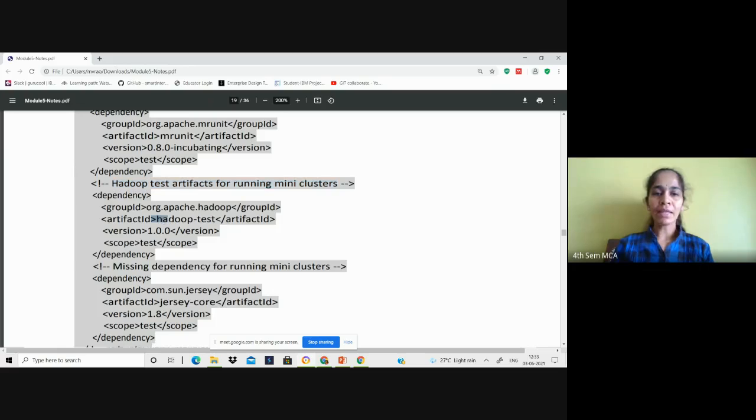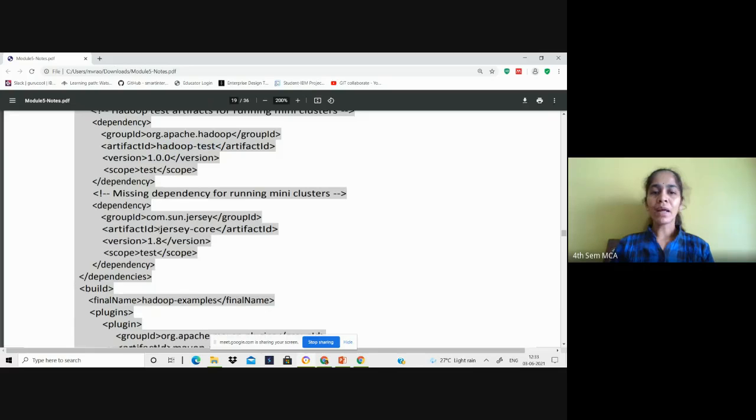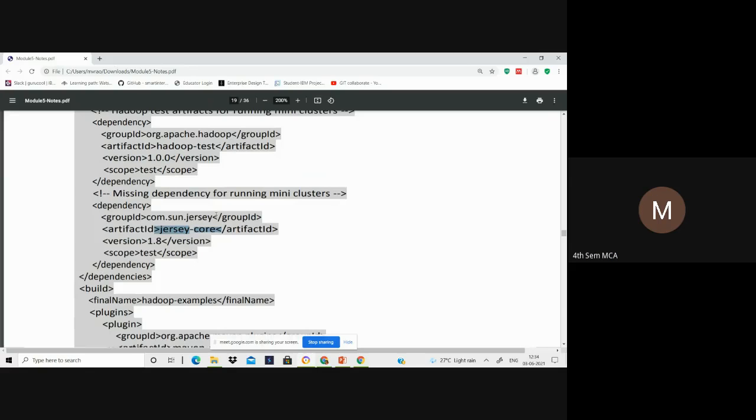For this, you are adding Hadoop test artifact. The Hadoop test artifact is associated with mini clusters to run tests on mini clusters. Now, there are other dependencies like Jersey core, which will enable you to run your code on mini clusters.